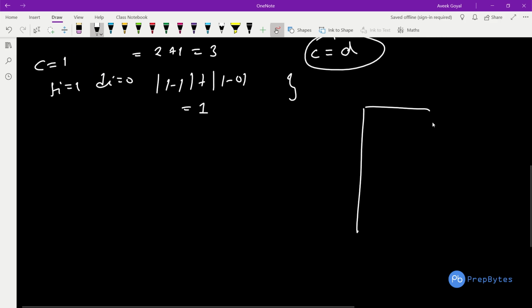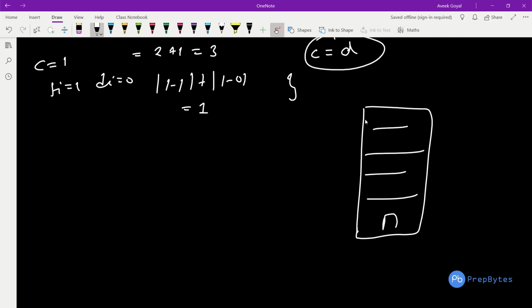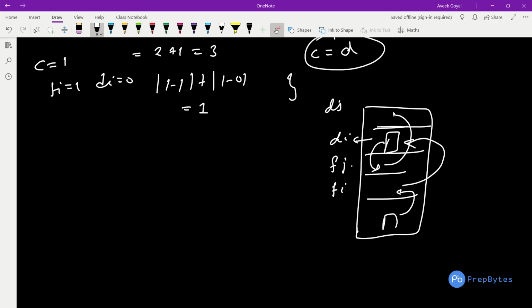If this is the lift, we are moving from fi to this di. The lift moves from this position to this, and then from this to di. Now if we have another fj and dj, the lift's current position is the previous destination position. So it will move from here to here, then here to here.